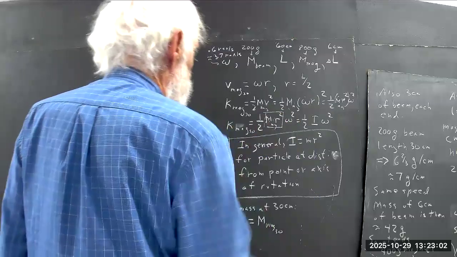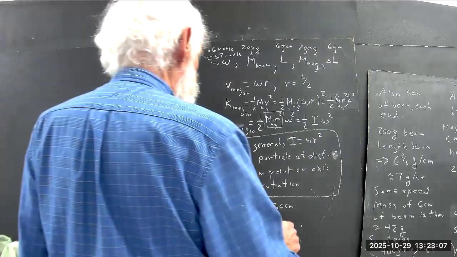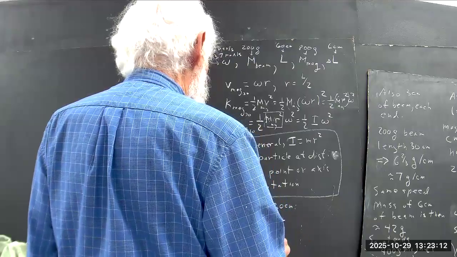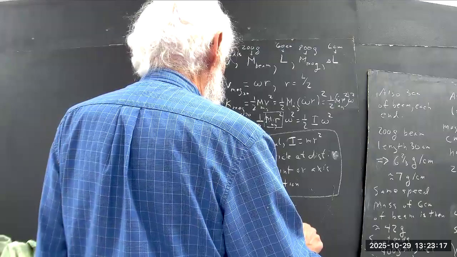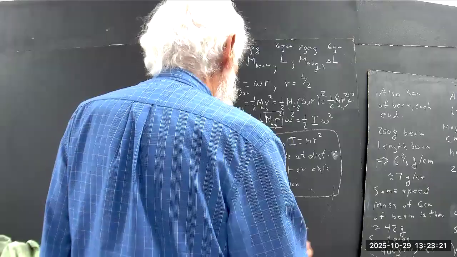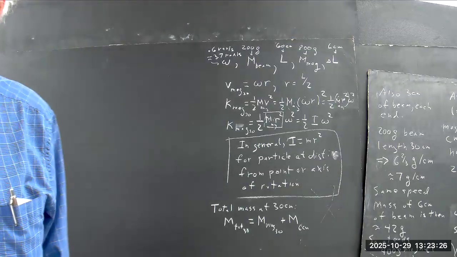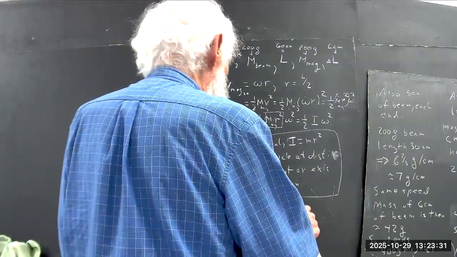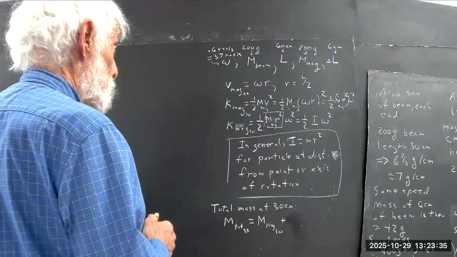And I should put a 30 on the magnet there, but I'll leave it a little bit sloppy. Plus the mass of the 6 centimeters of beam. Or rather, I'm not even going to do it simple, I'm just going to calculate it. It's the mass of the beam